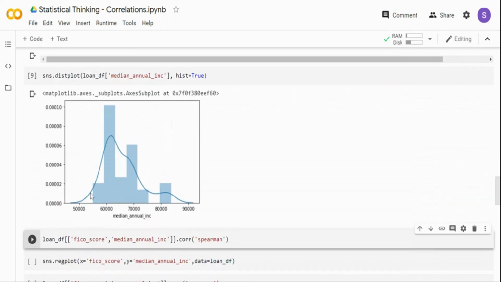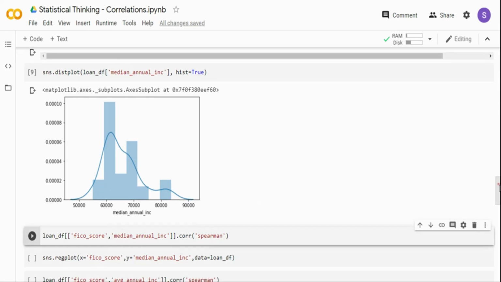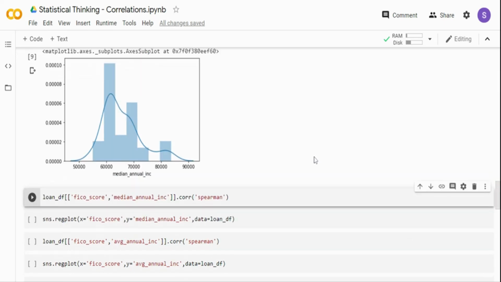Now if you see over here, the median annual income is kind of a normal distribution, but it's heavily right skewed, and that's the way typically annual income is. There are few users who may have very high annual income, but most of them are concentrated toward the center. So this is the distribution plot. In the normality test video, which is one of the videos I have planned for the future, I will show you how to assess whether it's normally distributed or not, and how to convert the data to normally distributed values if it is not normally distributed.